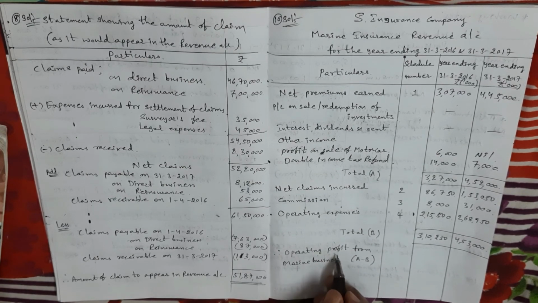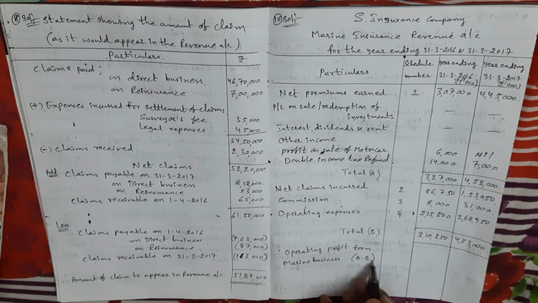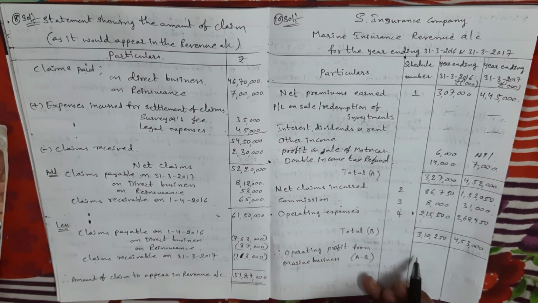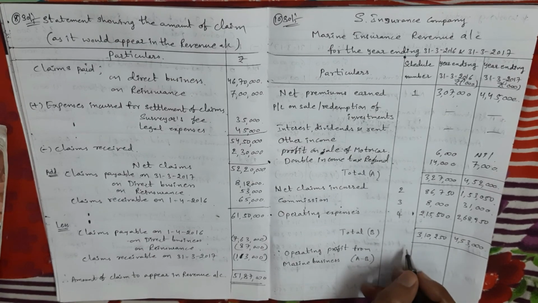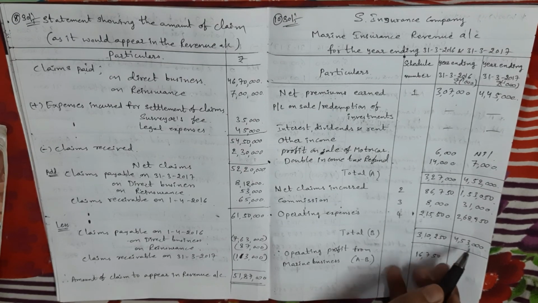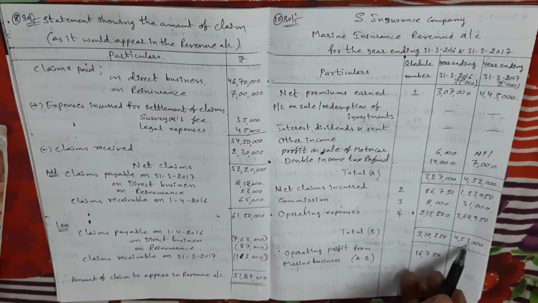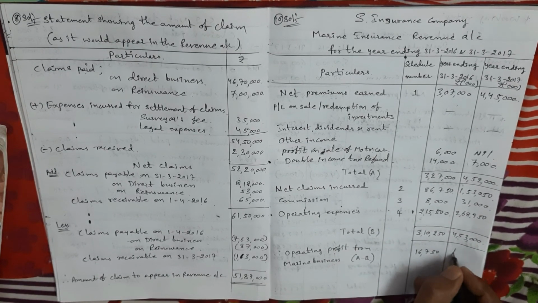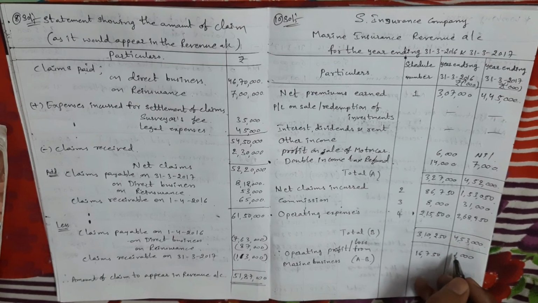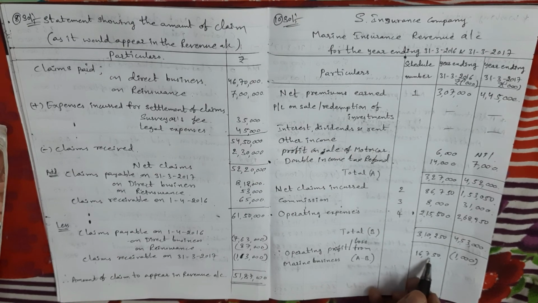So to get operating profit, what is the formula? Total income minus total expenditure. Total A minus total B. So here, comparing to expenditure, last year income is more. Income more means what we get? Profit. So last year profit is 16,750. Right. Next, in present year, comparing to income, here expenditure is more. Income is only 4,52,000. The expenditure is 4,53,000. So what we get? We get a loss of 1,000 rupees. So operating profit or loss of current year is 1,000 loss. Last year operating profit 16,750.